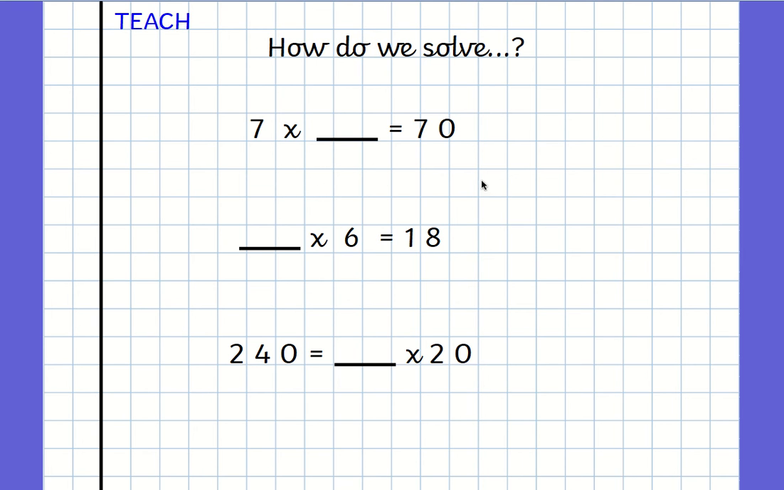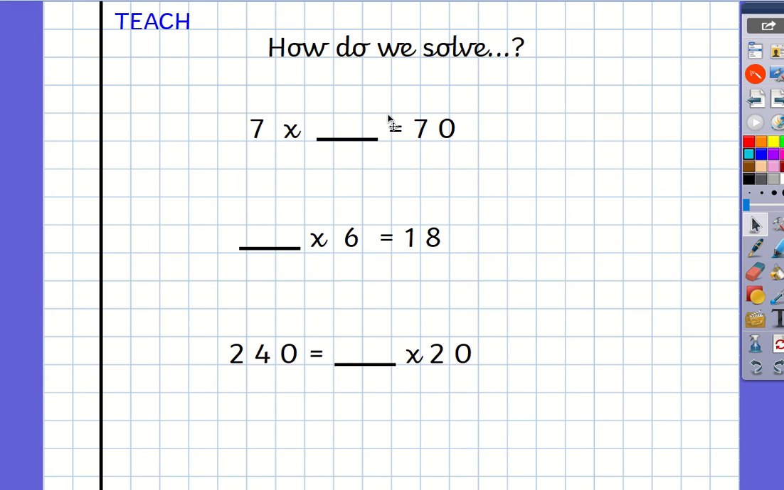So let's have a look. How could we solve this? Well, let's look at the first one together. 7 multiplied by something equals 70. So we need to use the knowledge of our multiplications that we know. And let's look at the relationship we can see between 7 and 70. Now if you have a think about it, where might you see those two numbers together? It would be in your 10 times table, wouldn't it? So you would know that 7 multiplied by 10 equals 70. So you would put